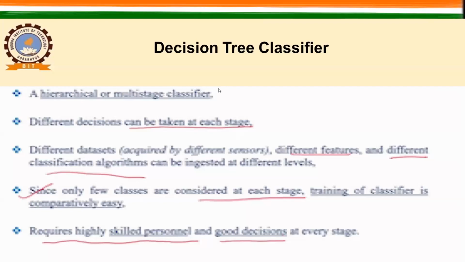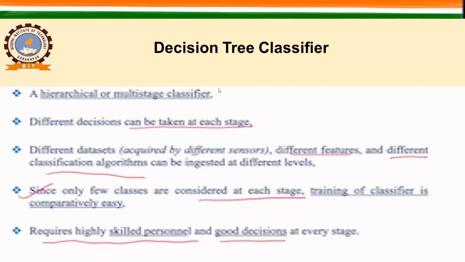A decision can be taken at each stage, and different data sets can be ingested at each of these stages. Different features and different classification algorithms can also be changed or ingested from time to time. Only a few classes are considered at each stage, and training of this classifier is comparatively easy.